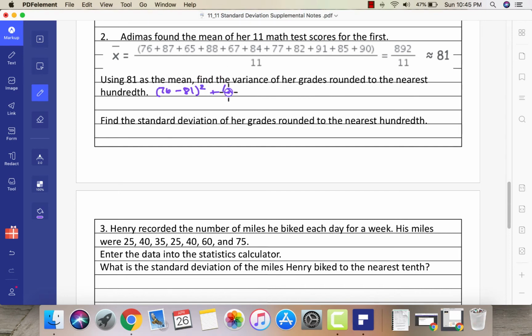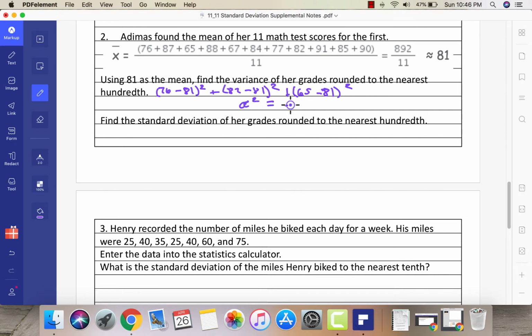So then I'm going to take 87 minus 81 squared, 65 minus 81 squared. We're going to find all those points, add them up, then divide by how many there are. So I'm not going to keep doing this. You can do that. And we're going to get the sigma squared